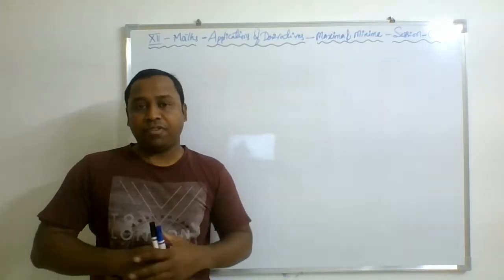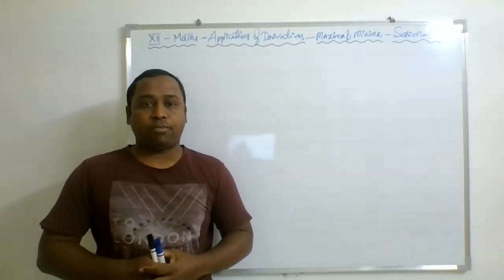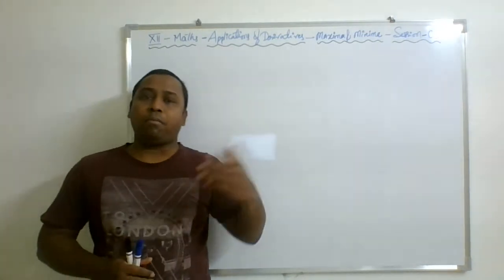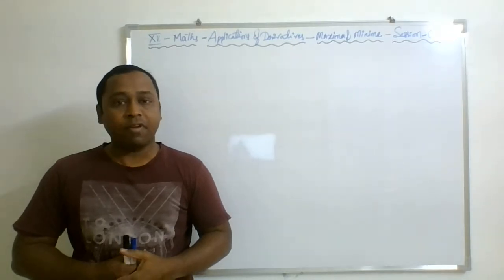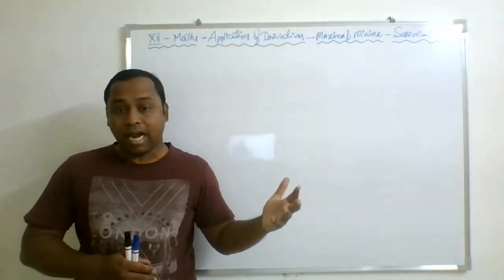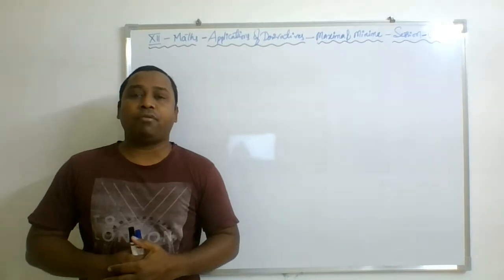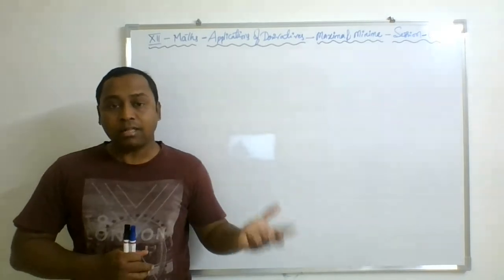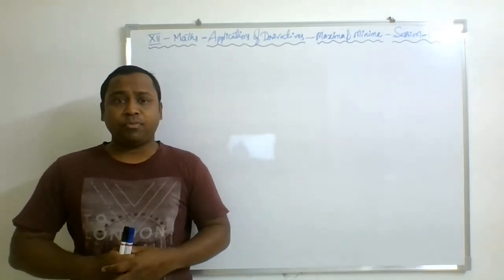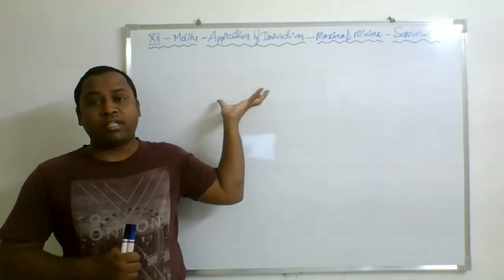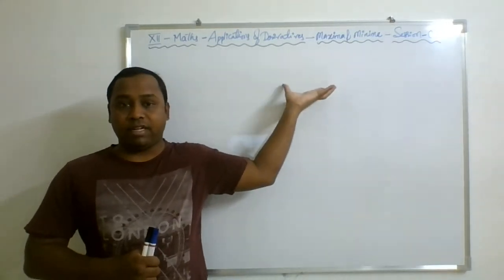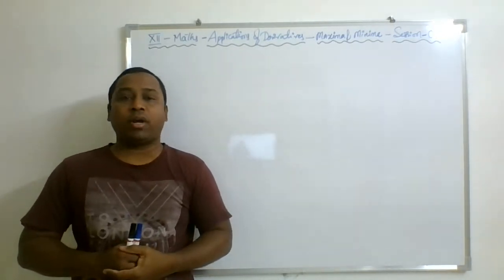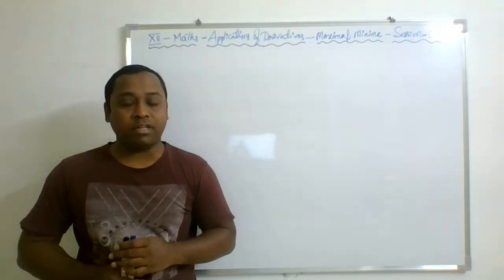So in any unit, when you are dealing with practical problems, you intend to find the maximum value and the minimum value, or at which instant you will get the maximum value and at which instant you will get the minimum value. That aspect is developed through derivatives. That is what we call application of derivatives. How will the derivative help you find the maximum point and the minimum point of a given graph?